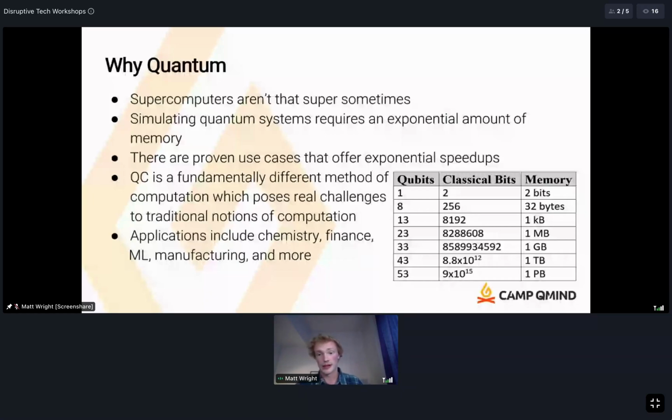And an interesting thing about quantum mechanics is that each time a new object, let's say a new electron, is introduced to the system, or in our case, a new qubit is added to our circuit, the vector space that describes the whole system doubles in size. So really what that means for us is that to simulate a quantum system with classical computers, the amount of memory scales exponentially with the number of qubits.